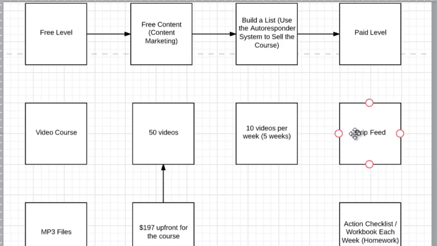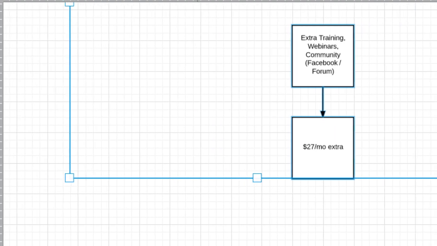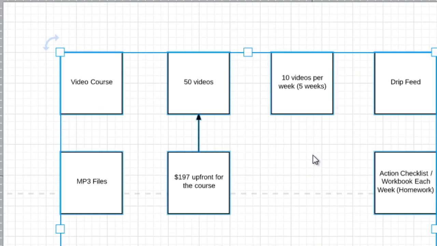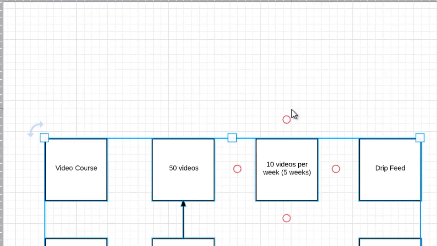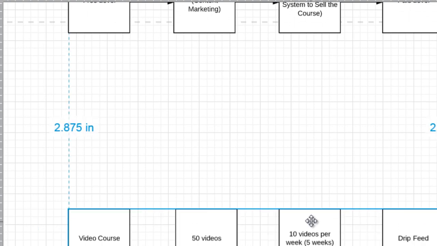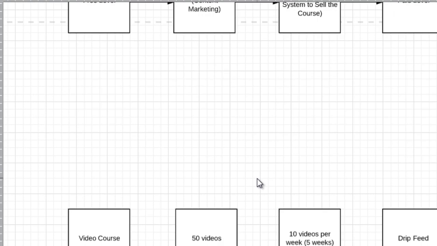Now, of course, at this point, we kind of need to move things around here. So I'm going to highlight this. I'm going to move it down a little bit so that I can play around with things a little bit here. All right. So I'm going to make space right here. And this doesn't have to be fancy or anything like that. Right now, I'm just kind of reorganizing them so that it makes sense in a step-by-step process.